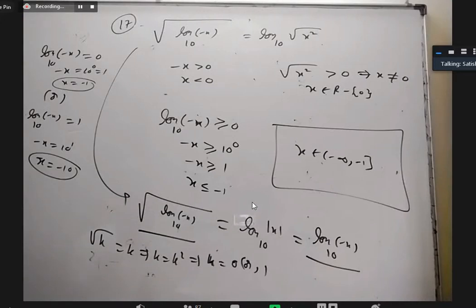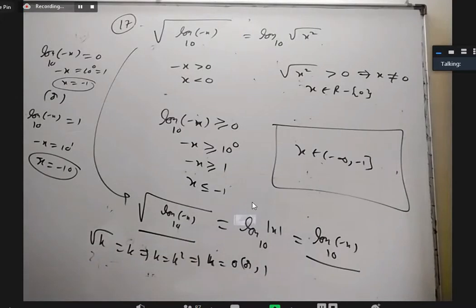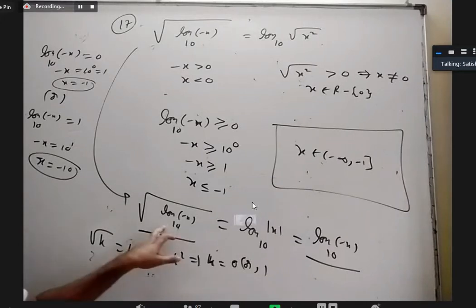Anybody has doubt about any part of this? Please ask. Sir, once can you explain the middle part? This step? I think Hemant, your network is weak. Okay, now all right. Yes, what is your doubt? This step is your doubt, huh?